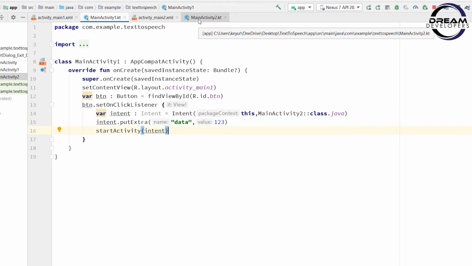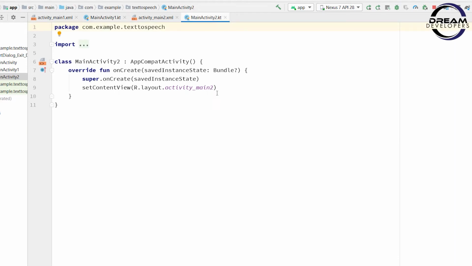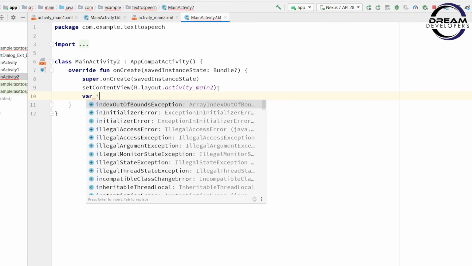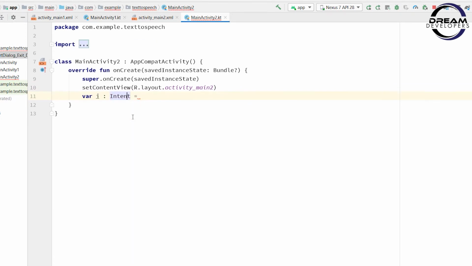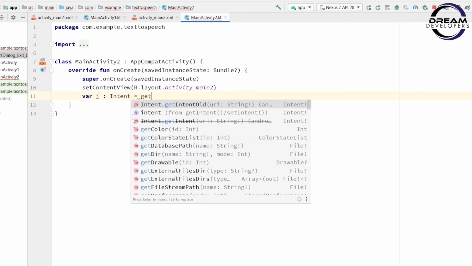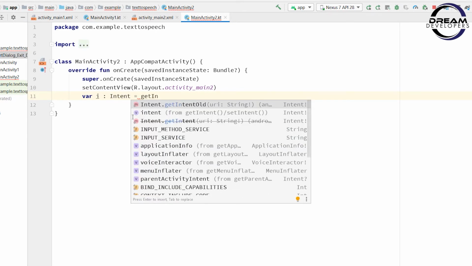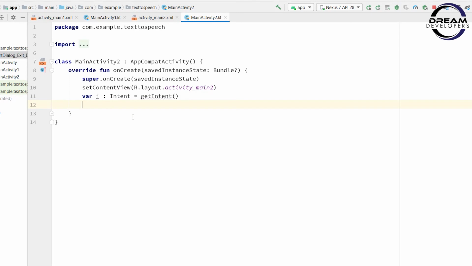Now open MainActivity2.kt file. First we will get the intent object. So write i: Intent equal to getIntent. Now we will get the data.